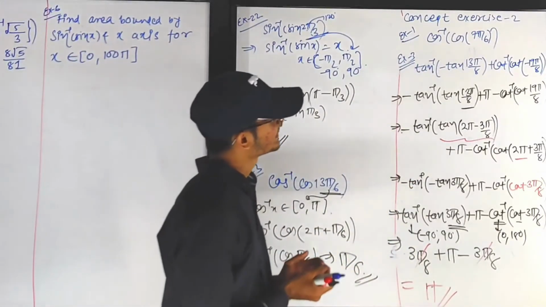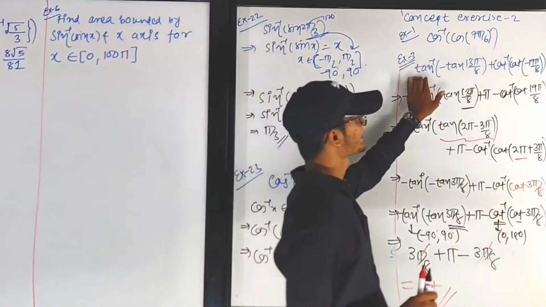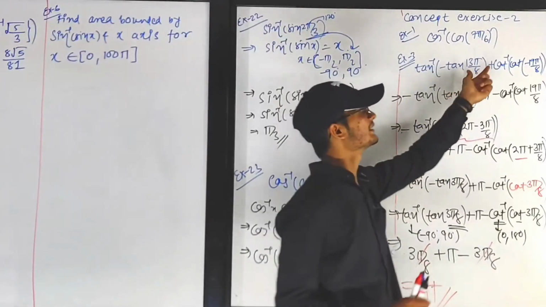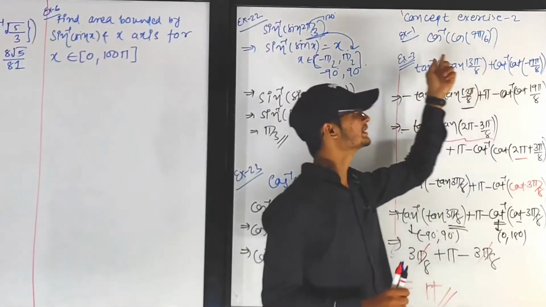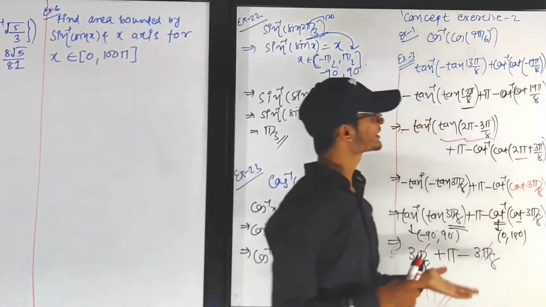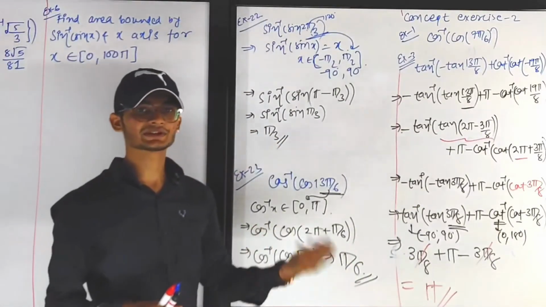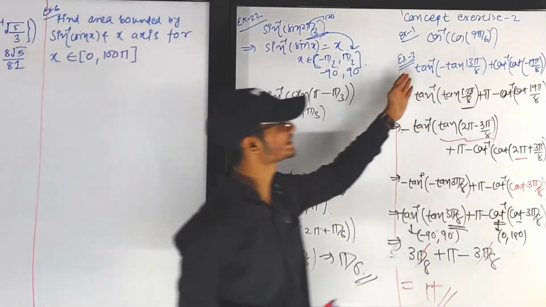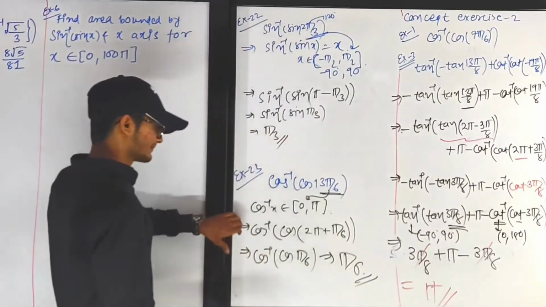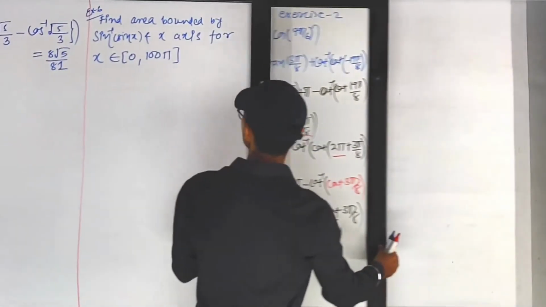So here only one thing that you have to remember, whenever an inverse trigonometric function of a trigonometric function is given, then if the angle does not lie in the range of the inverse trigonometric function, first of all you have to convert that angle into the range of the inverse trigonometric function. Then after that you can cancel out tan inverse and tan, cot inverse and cot, like that. Now next we see